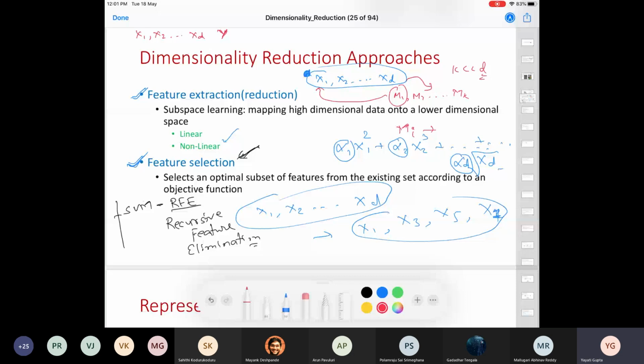Basically, y will be some combination of alpha 1 x1 plus alpha 2 x2 till alpha d xd, some linear combination of the original features. These alphas that you see are the importance of each feature. Basically, the coefficients that are attached to them give you the importance of each feature.